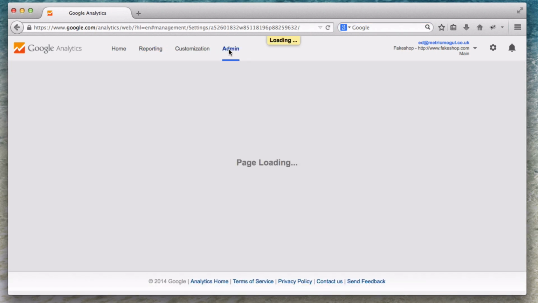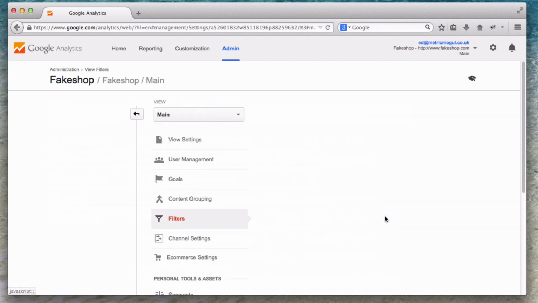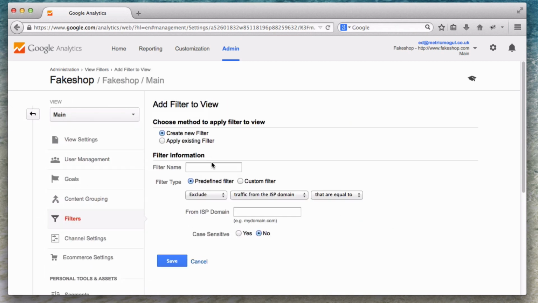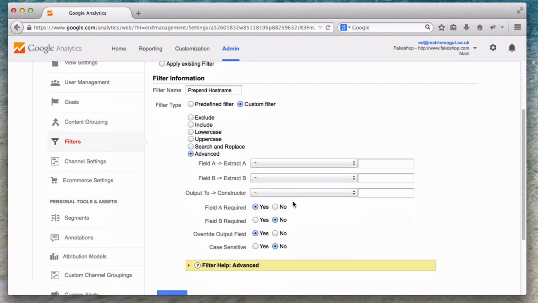So to do that, I'm going to head back into admin, and we're going to apply a filter to the main property here. So head back to filters, new filter, and we're going to call it prepend hostname. Now you have to use a custom filter for this because it's not a standard one. So hit the custom filter button, and you're going to go to advanced, search for hostname in here,